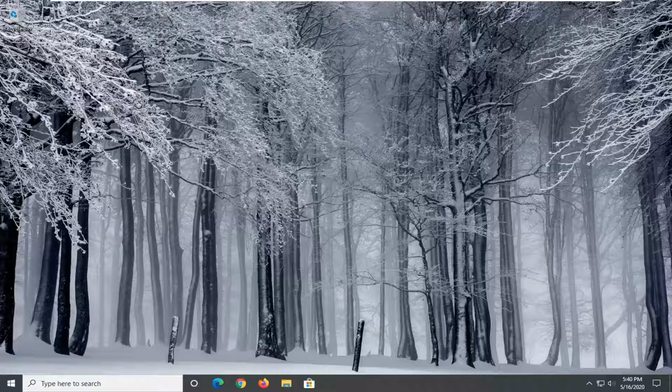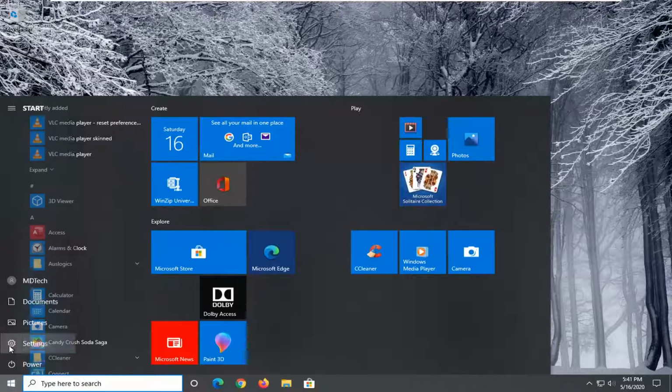In today's tutorial, I'm going to show you guys how to resolve if the webcam is not showing up in Device Manager on your Windows computer. This could be a frustrating issue, and in today's tutorial, I'm going to show you guys how to go about resolving it. So we're going to start by opening up the Start menu, and then you want to select the